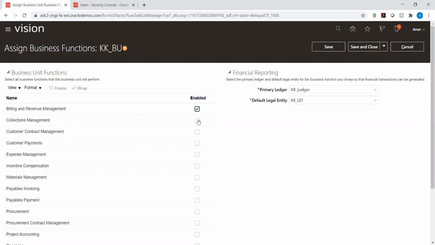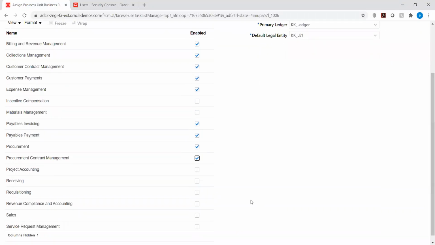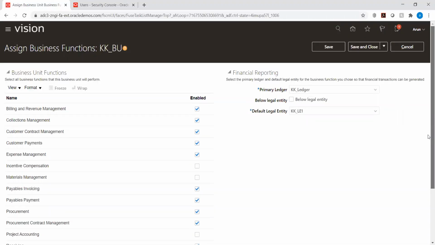I'll select the AP and AR part for now. I have selected a few functions for this business unit so that we can create the invoice and check this one.